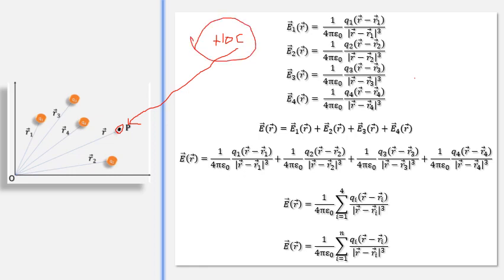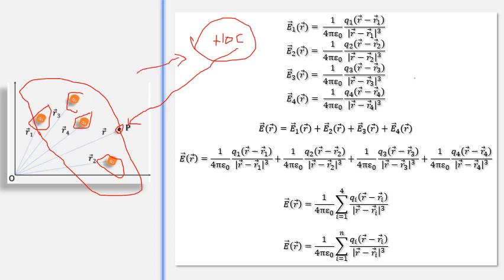The reason is, when you bring the 10 coulomb charge, it will exert force on Q4, on Q3, Q1 and Q2 as well. So by the time you place it here, these 4 charges will not remain at their places, and hence when you take a larger value of test charge, indirectly you are disturbing the system, and then the value of electric field which we want to measure will change. What does it mean? It means that the test charge should be chosen as small as possible.